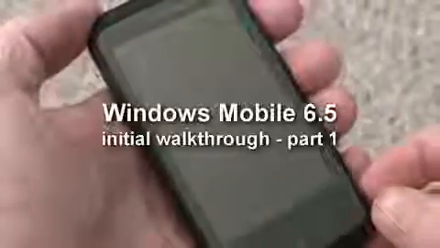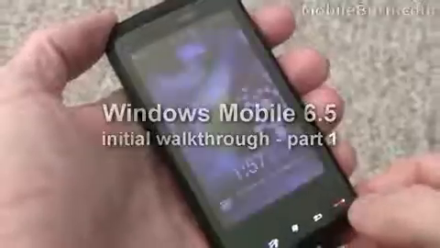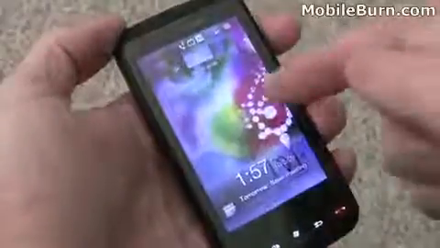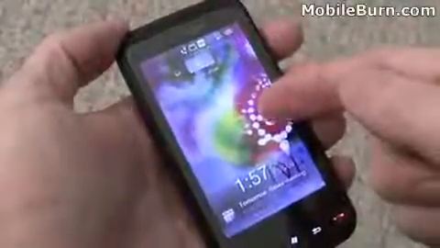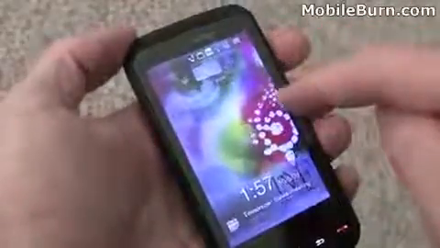This is Michael Orrell from MobileBurn.com, and now that the embargo has lifted, we're going to show you some of the new features of Windows Mobile 6.5. You can see this is the new lock screen. This is an HTC Imagio for Verizon Wireless, and one of the things you notice on the lock screen is